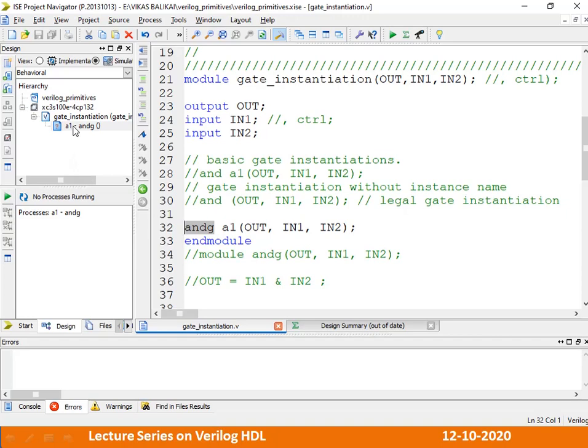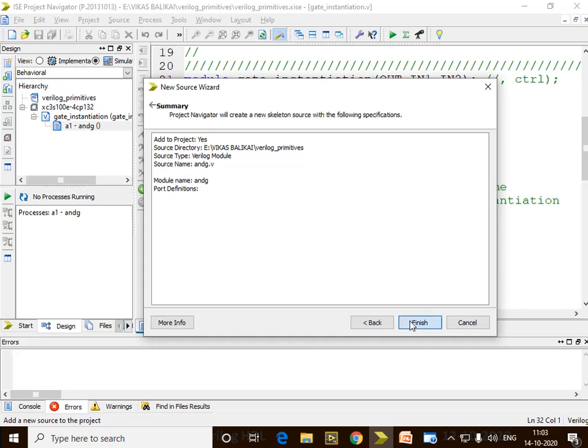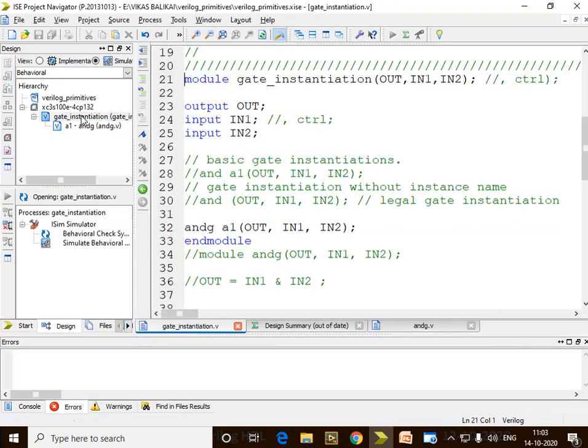For that, I'll go over here and create a new source. Since it's again a Verilog module and its name is ANDG, let me show you what exactly it does.